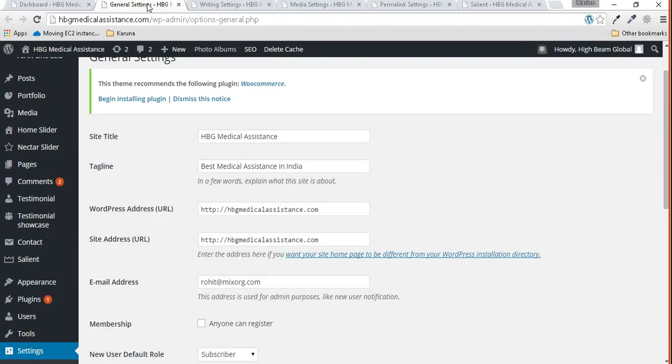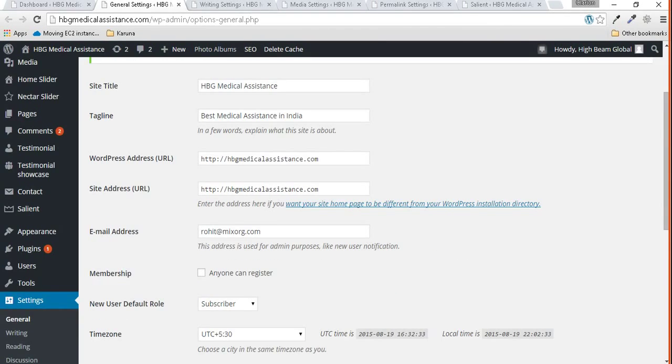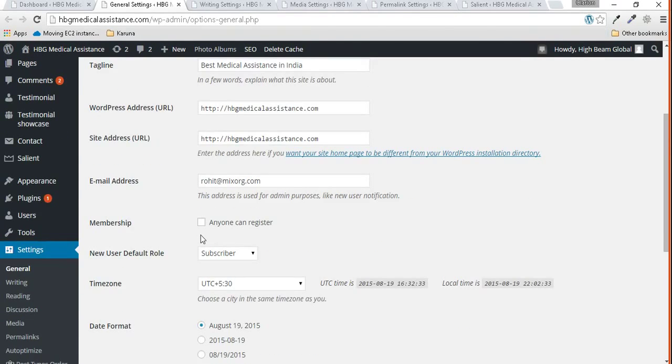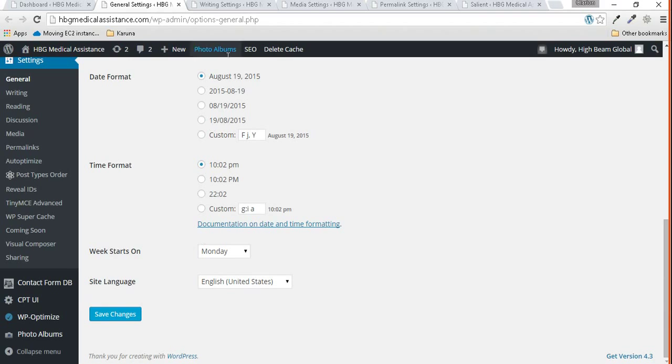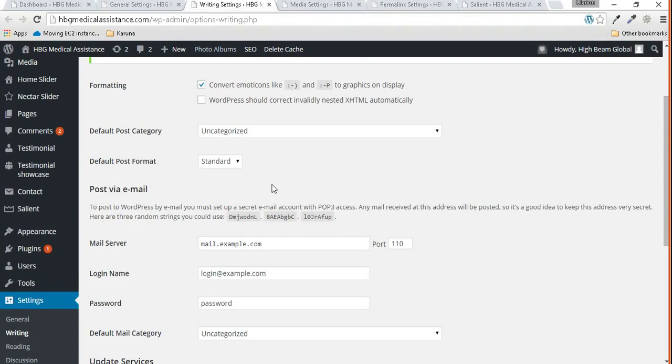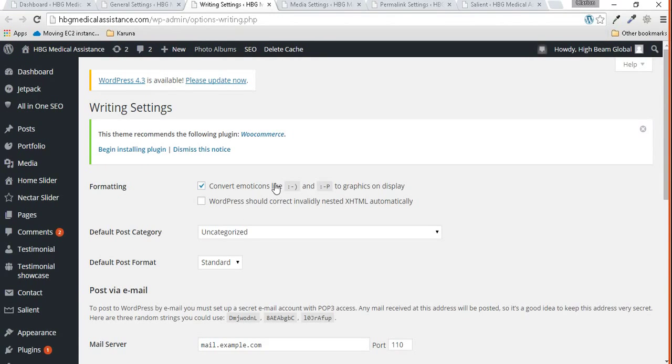So if we take the general settings, it will show what the site is about, what its tagline is, its URL, and where you want your queries to go. All this you can maintain on this particular general settings. Similarly, writing settings. If you're writing something on your editor, on the dashboard itself, how you want the writing to be there, how you want to manage that writing. So it is more like customization of your writing techniques.